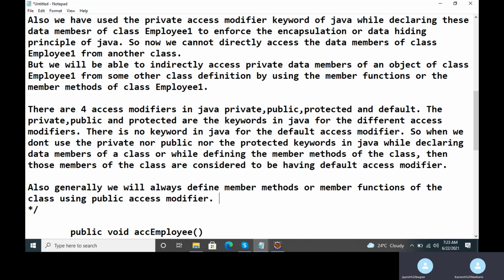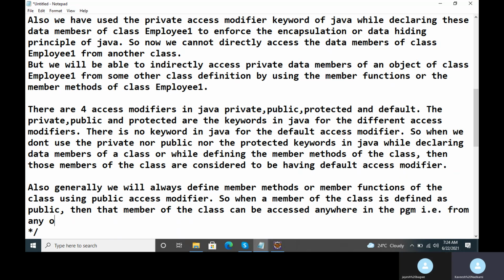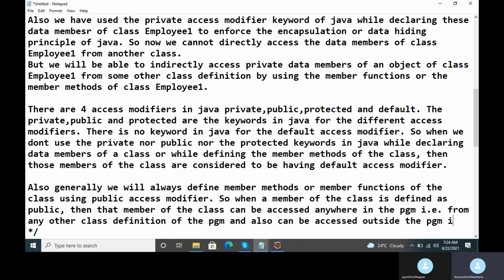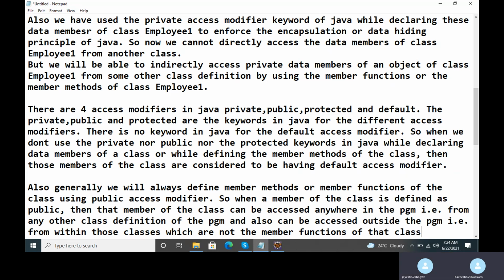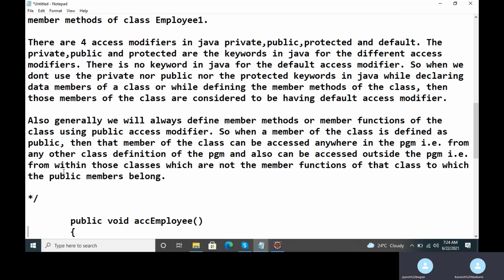When a member of the class is defined as public, then that member can be accessed anywhere inside the program, that is from any other class definition also, and also can be accessed outside the class, that is from within those classes which are not the member functions or member methods of that class.